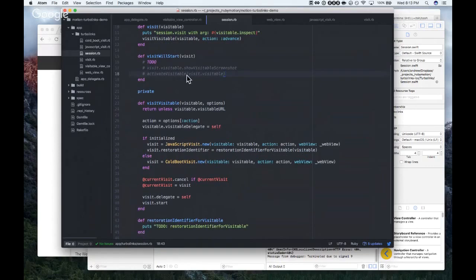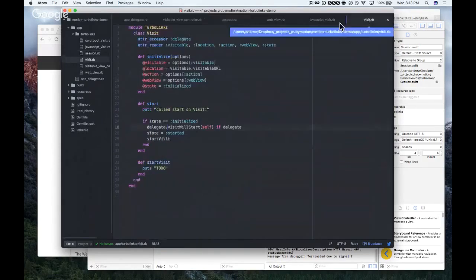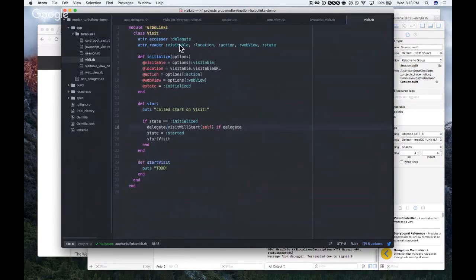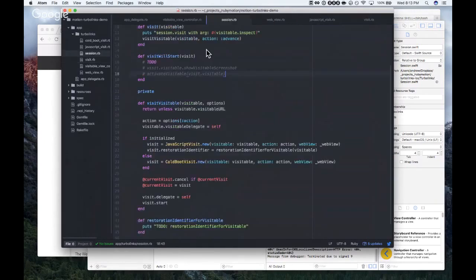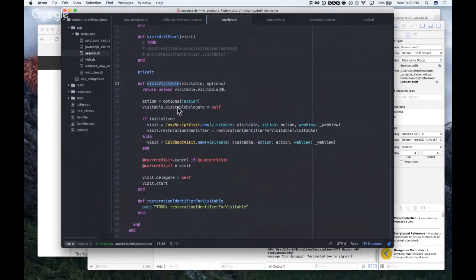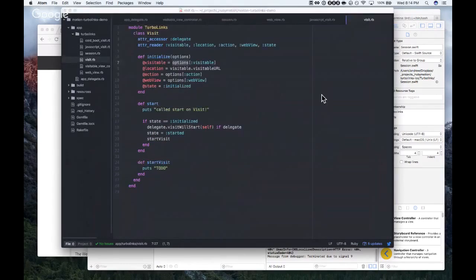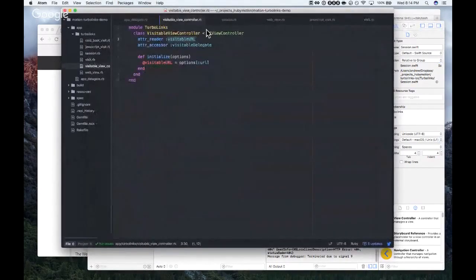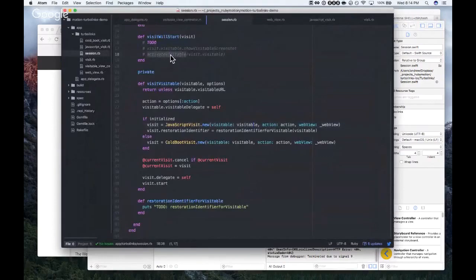Activate visitable calls with the visit.visitable, which we passed in, setting the visitable here. Activate visitable, let's figure out what that does in case we need it.